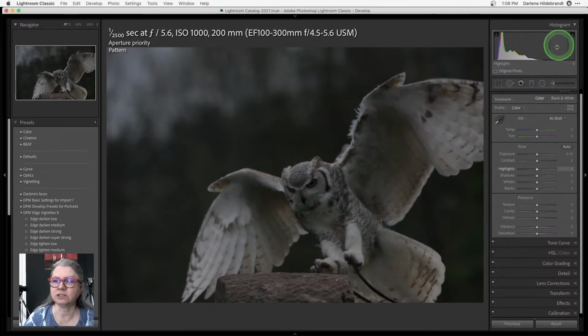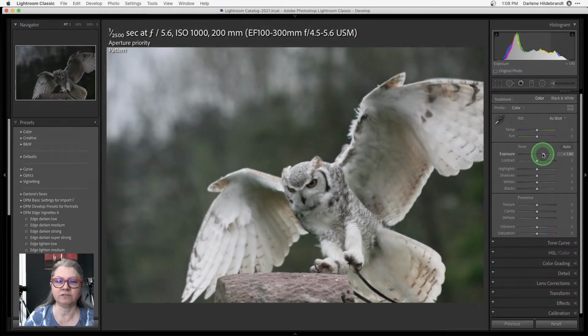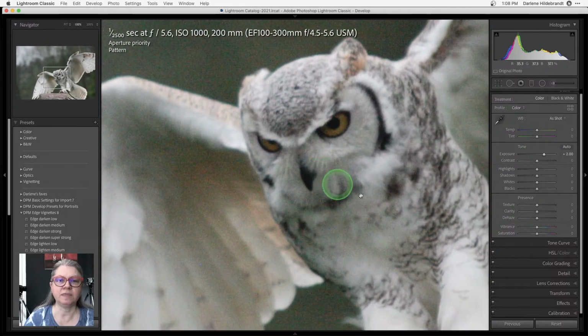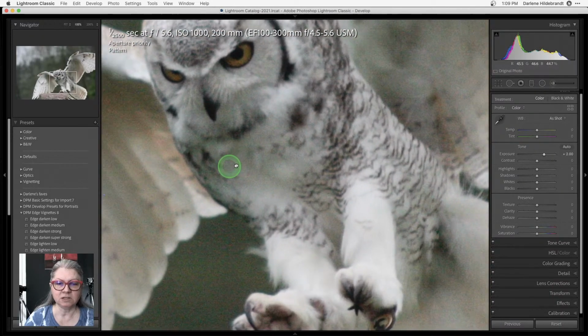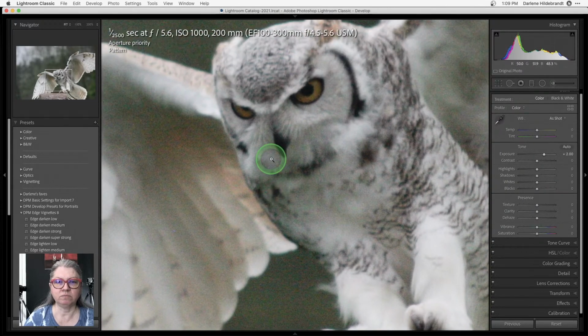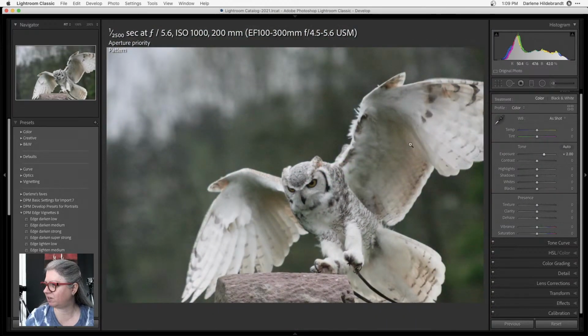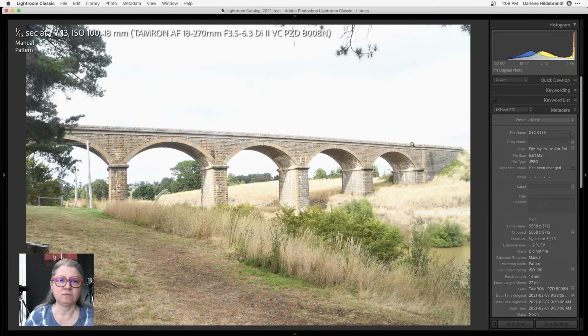Likewise with this one, it's not quite as underexposed, but still, upwards of 2 stops underexposed, and the owl is a little on the blurry side, so it looks like maybe the focus was missed here. Yeah, his feet are sharper than his head. So Rob, if you could find the Getting Sharper Images article on the website, that will help with a few people's issues with focus. So give that a read if you're having trouble focusing your images.